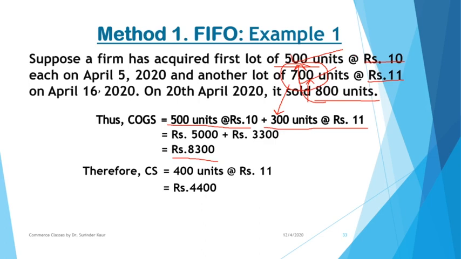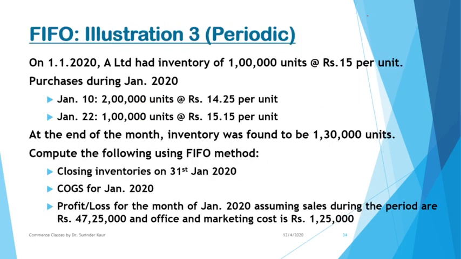Although in order to determine closing stock, you can apply the formula opening stock plus all purchases minus closing stock, when we are following a flow of inventories, it is better and easier to follow the flow, right? From the flow itself, we know that 500 is vanished. Out of 700 units, 300 units have been sold, so 400 is automatically left. So closing stock should be measured at 400 into 11 rather than going into the complete formula, isn't it? Now we can extend this to some bigger problems.